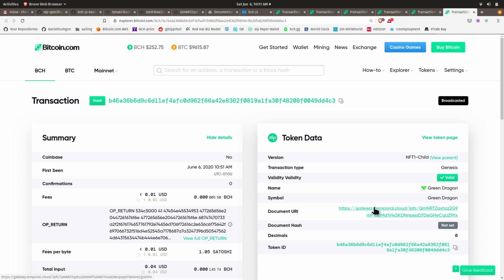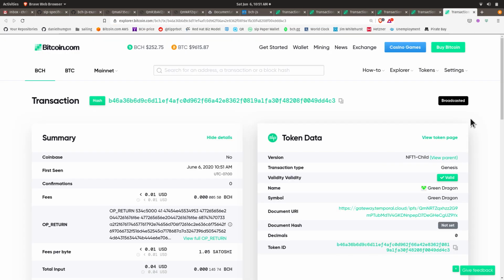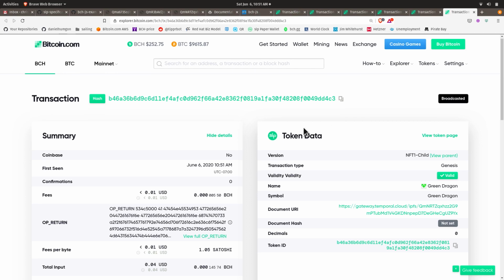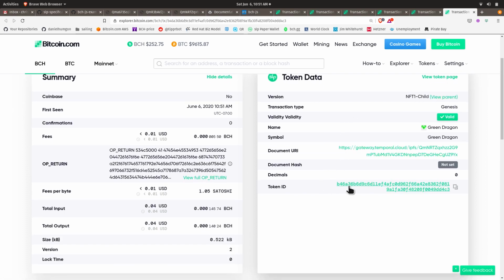We've got a link here to the artwork. And so this is an NFT for the green dragon, not to be confused with the NFT for Excalibur, but they're both related to the sword group token. They both have the same parent, and you can see it has its own token ID, which is different